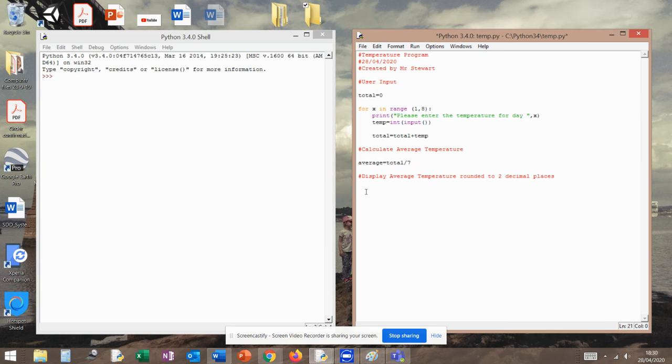And then lastly is to print out what we've got here. So average temperature is, and then we'll put in a comma, round average. Okay, and the structure for this is just simply putting in the round function, bracket, average for the actual